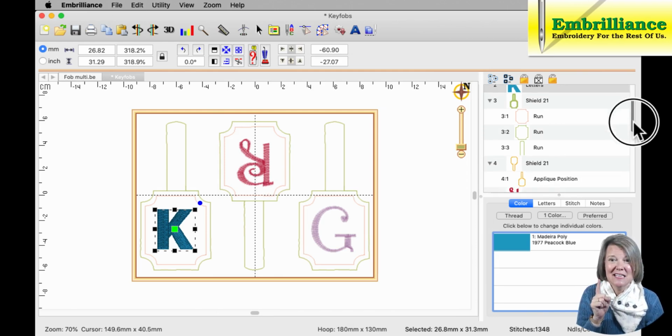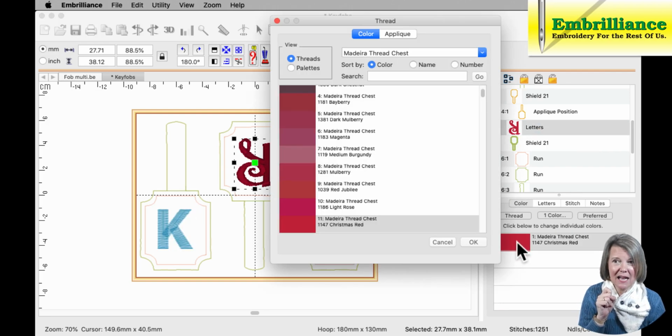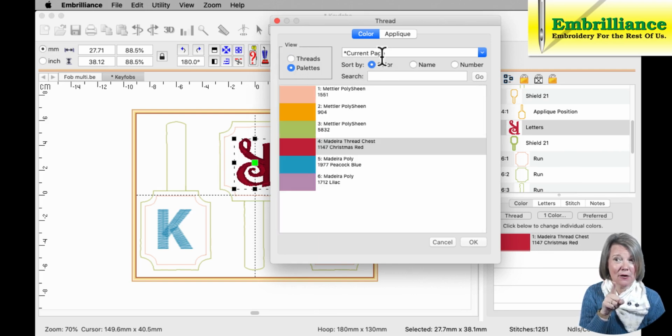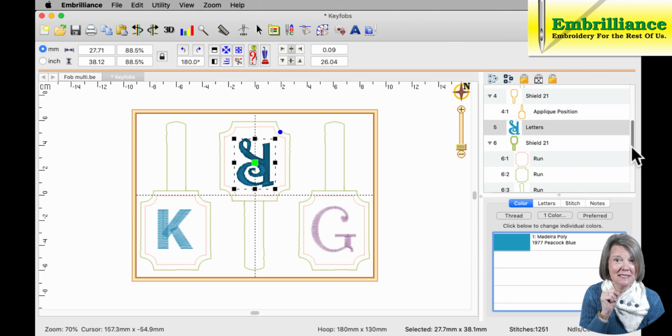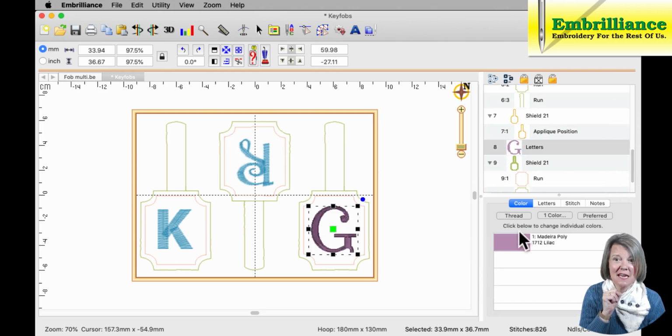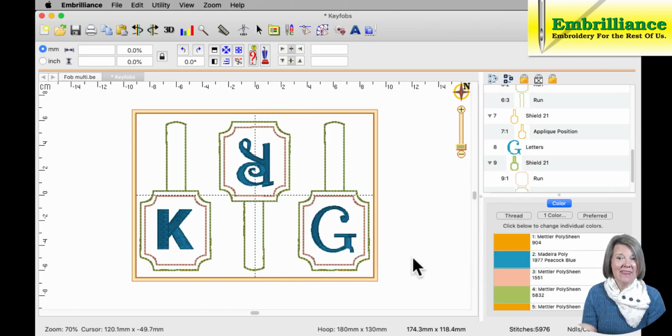color sort. So I'm going to scroll down, click on the letter R, click on the color chip, select palettes so that it goes to my current page, and I can select the same exact color that's already being used. Do the same thing for the G, color chip, blue, click OK, and that has now made all the letters